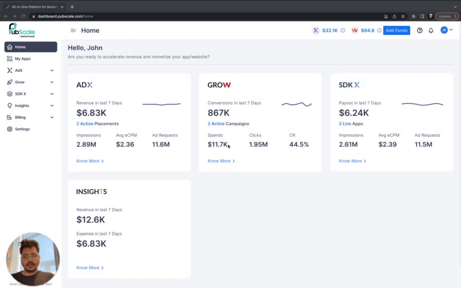Hi guys, today I'll be talking about PubScale. In this tutorial, I will be explaining how publishers can use PubScale and achieve higher ad revenue through higher fill rates and eCPMs. So once you're done creating an account with us on PubScale, you can just simply log in